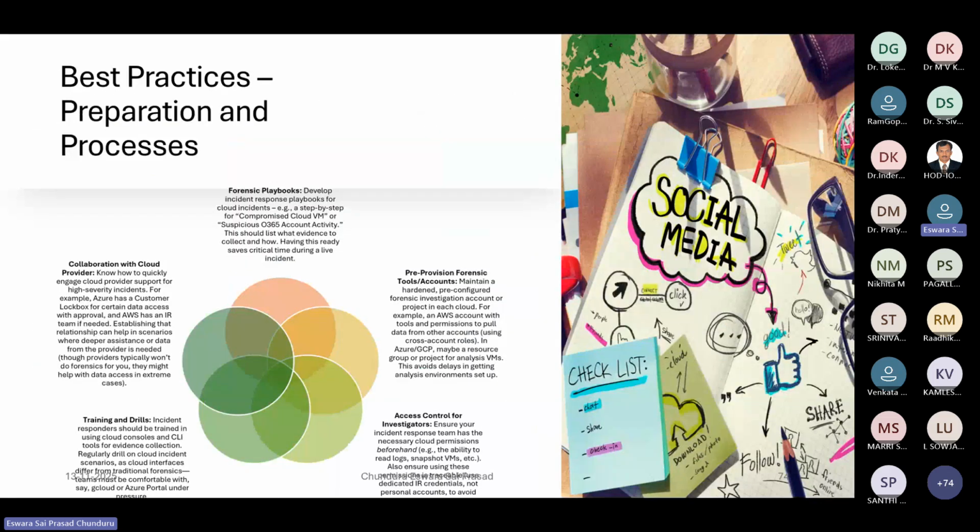Some of the best practices will be, we have to have forensic playbooks if any incident happens, to conduct the analysis, that is a walkthrough or the steps involved in that particular analysis. In the case of a compromised cloud-based virtual machine or a suspicious O365 account activity, then the teams or the security people can have a ready-made step-by-step process to be taken care of, because it is very complex in cloud-based scenarios, and they are still not matured, because the cloud-based scenarios are always developing and new types of capabilities are being added. That is the biggest challenge in conducting the